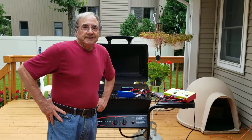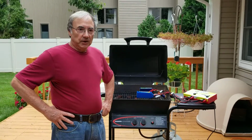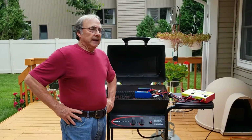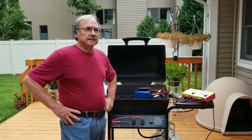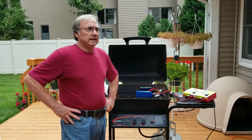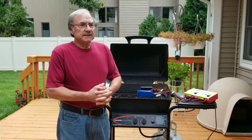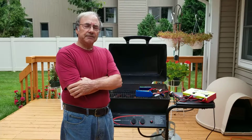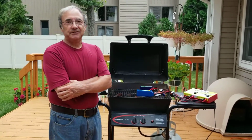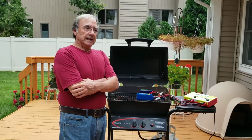I've been looking to see if I can find a better way or a safer way to charge the Lipo batteries at home. I have been charging them indoors, and I put them on top of a fireplace insert when I was doing it so I could watch them. And if they did catch fire, they were on a steel surface, but after watching a Lipo fire at the charging station of our RC field last week, I thought I would take another look at this